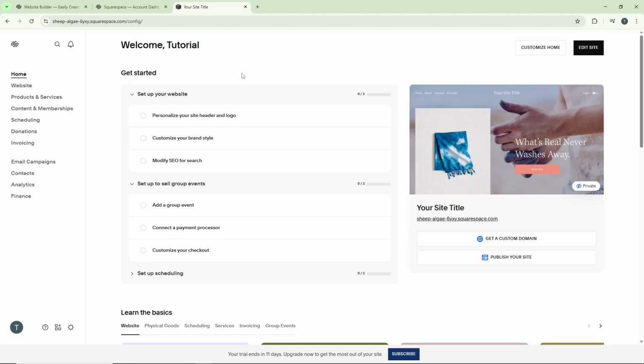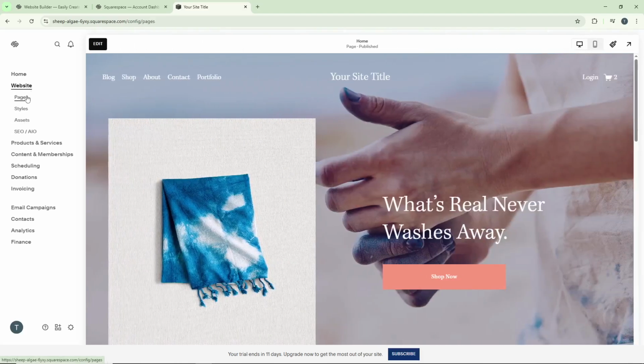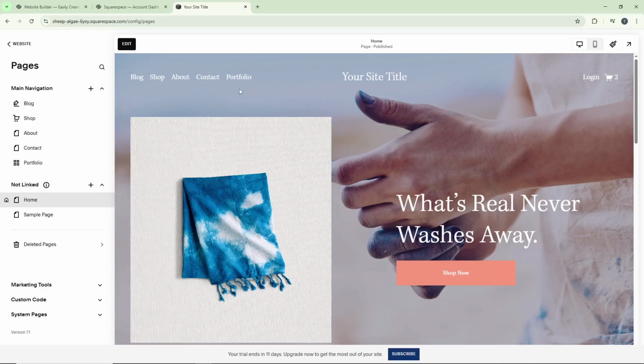On the left side of your screen, you'll see a menu with several options. Click on Website, and directly under it, click on Pages. This is your site's structure hub where you can manage everything related to your pages and navigation. Now I'm going to show you 3 different methods to hide your portfolio page depending on what you're trying to